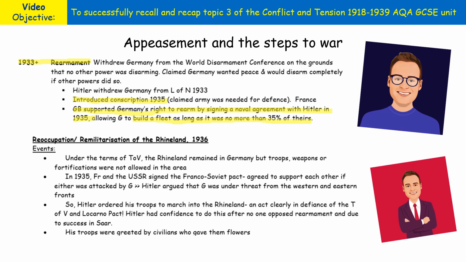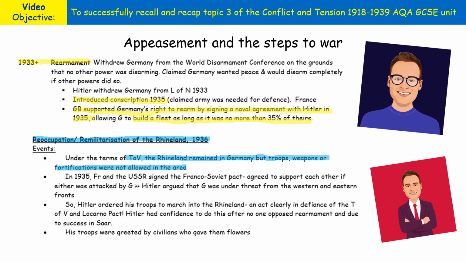In 1936, specifically in March 1936, Hitler decided to reoccupy the Rhineland. Now, the Rhineland, under the terms of the Treaty of Versailles, had been demilitarized, so Germany was banned from putting troops into that region of Germany. However, in March 1936, Hitler decided that